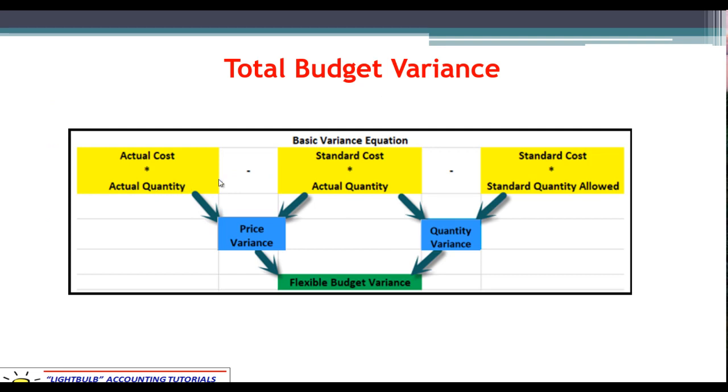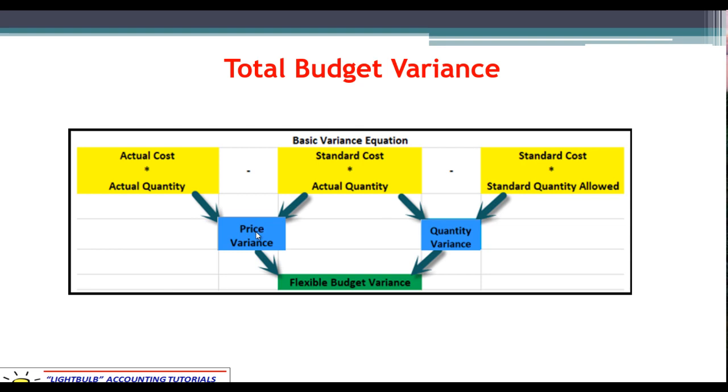So this is what I'm getting at with the overall variance here. This is just a basic equation, by the way. I'm saying cost and quantity. So on two different sides, we have the actual cost and the actual quantity. If you take actual cost per unit multiplied by actual quantity, you're getting total actual cost. On the other hand, if you take the standard cost per unit multiplied by the standard quantity allowed, you're getting the overall budget. So if you just compare those two extremes, then you're talking about the overall budget variance, the total budget variance. But again, knowing that doesn't really help you.